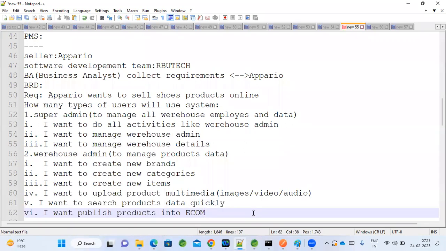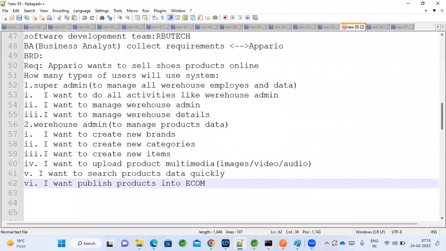We don't have any API, but at least we will put a sample e-commerce project and we will publish it so that we can see how the data will drive from the product management system to the e-commerce application. So these details are very high level, the BA will get it